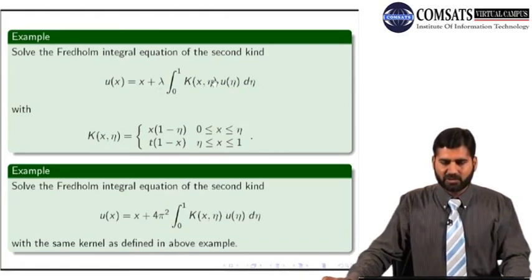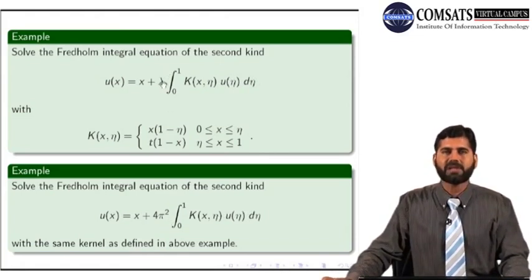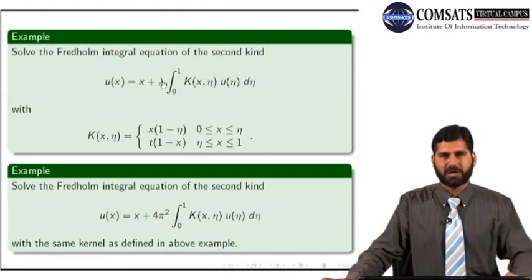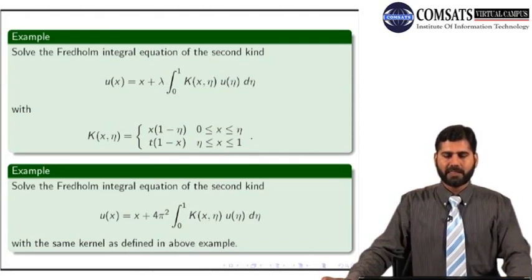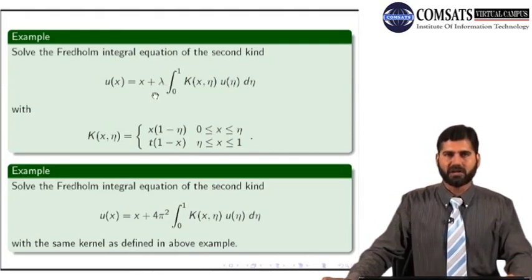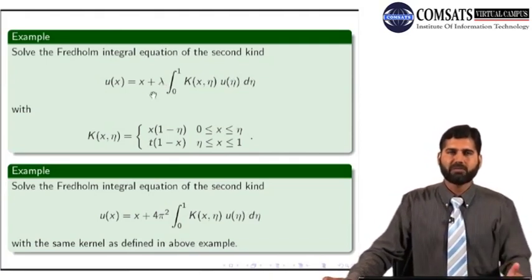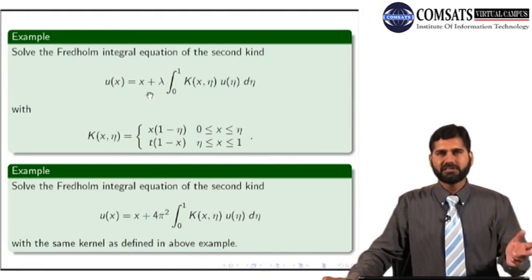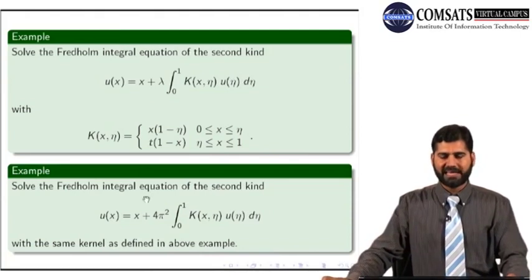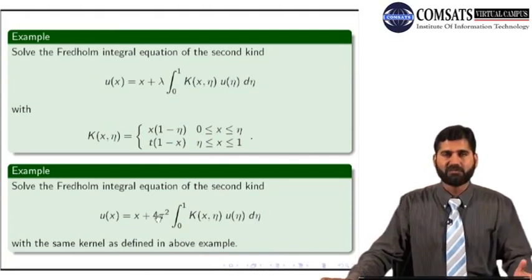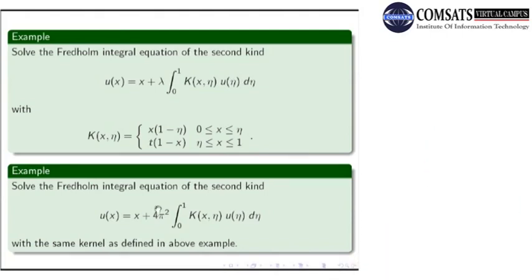And there will be a unique solution if and only if this lambda is not equal to k square pi square for any choice of k. So these two examples we solved, and we see for one example we had a unique solution depending on the values of lambda not equal to k square pi square, and here, because lambda was fixed, we saw that there does not exist any solution of this equation.